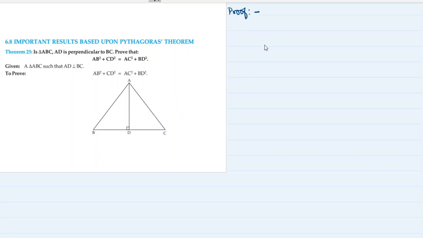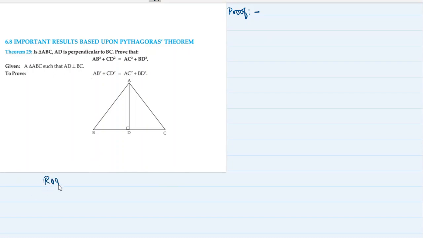Now, let me first ask you. This is the technique which I am discussing that applies to all the questions. And that is the beauty of Pythagoras theorem, because this is what you need to ask yourself when you come across any Pythagoras theorem based question. How many and which all right angle triangles do you see in the figure? That's the first question you need to ask yourself, and note it down in the rough.